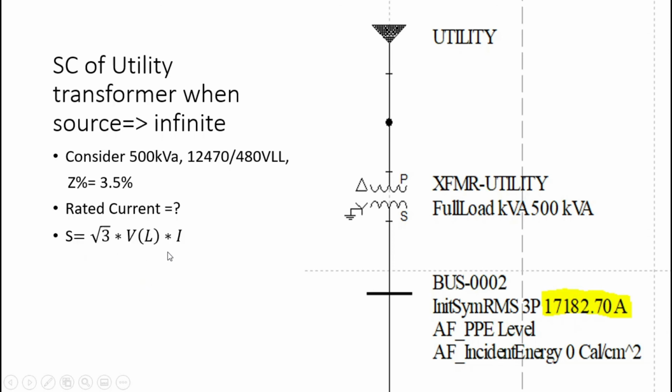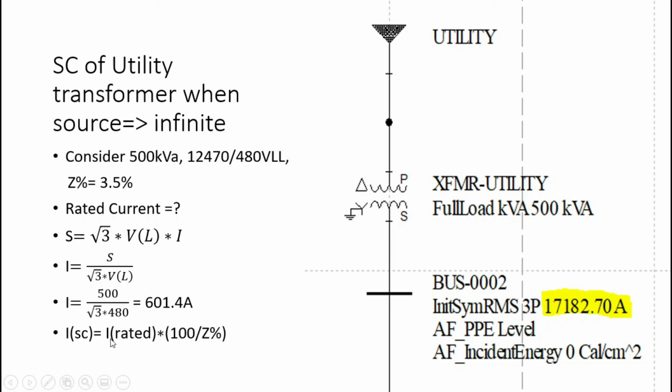This is the formula for calculating the rated electrical current for this transformer at the secondary side. This is the line voltage, which is given, this is the current, and this is the apparent power formula. We just shift these two quantities to the left side to calculate the electrical current I, and we get the rated electrical current, which in this case is 601.4.